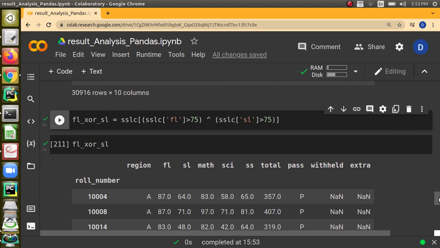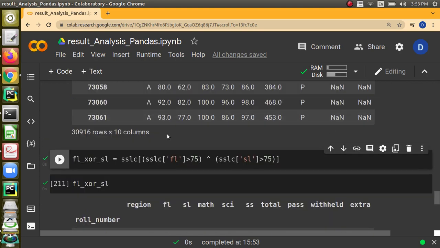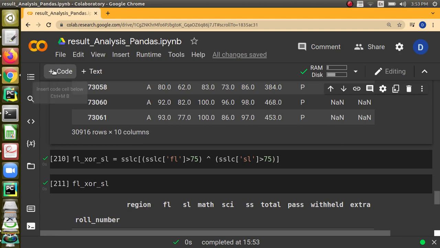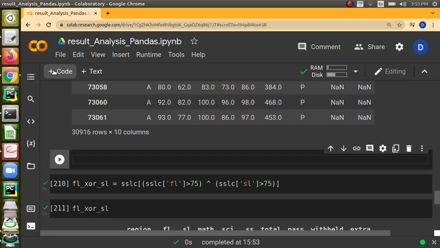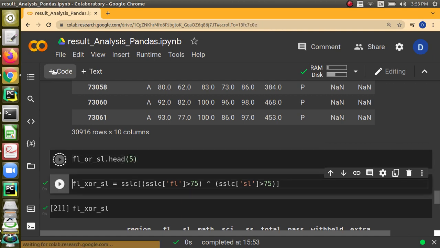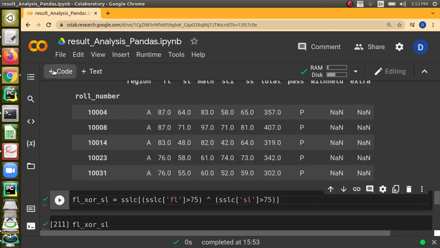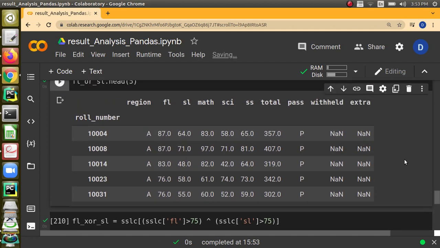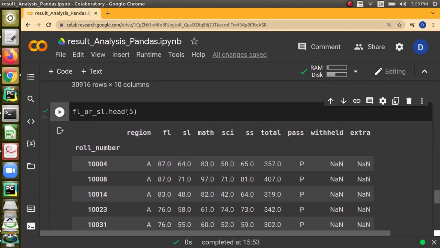I can just print a few records also, for clarity. FL underscore or underscore SL dot head of 5. This will print the top 5 records. Of course, in this all the first language marks are greater than 75. We can now use tail to display the last few records. Tail of 5.